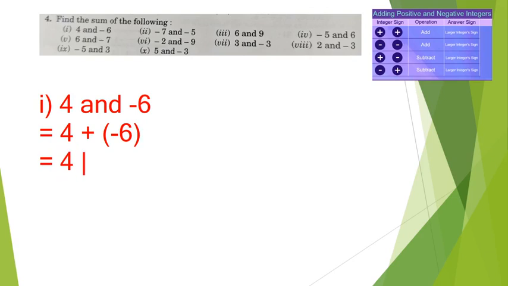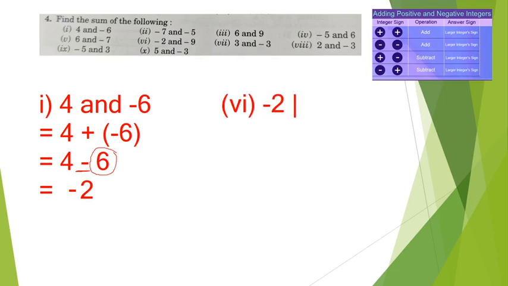4 plus and minus, it will be minus and 6. Now both the numbers are having what? Different signs. So we have to subtract the numbers. If we subtract 4 from 6, it will be 2. Now what sign will we have? The sign will be dependent upon the larger integer. The larger integer is 6, and its sign is minus. So we have to write -2. That's it. Okay, let's take another example.